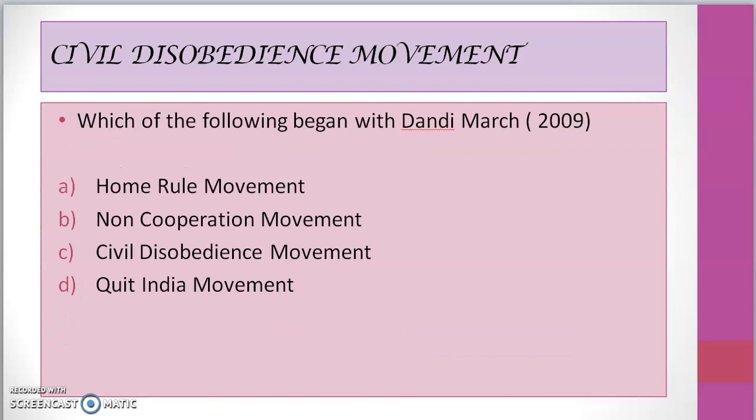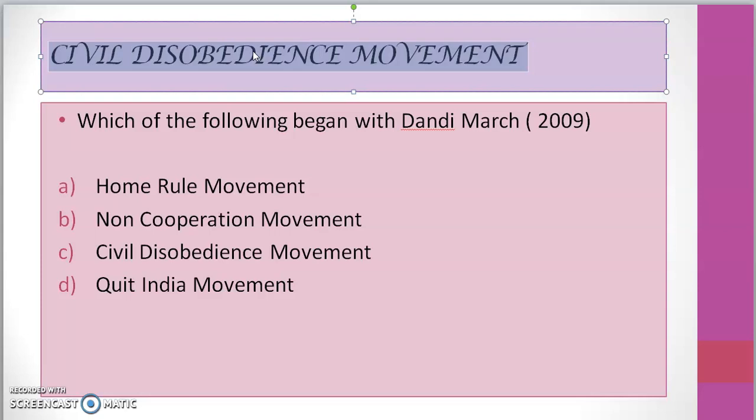So the first topic that we are going to discuss in today's class, and which is very important from your exam point of view, is the topic of your Civil Disobedience Movement. Now this topic is very important from the point of view of your competitive exams, and whenever you are reading your basic textbooks, be it the NCERTs or the Spectrum or Bipan Chandra, always read the chapter on Civil Disobedience